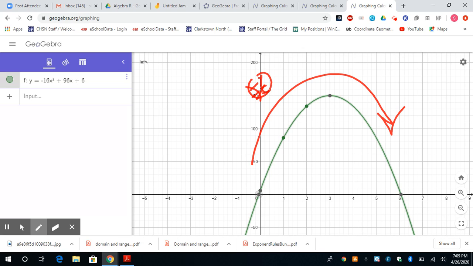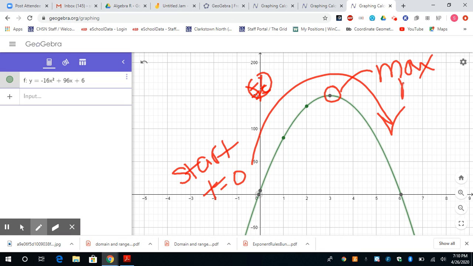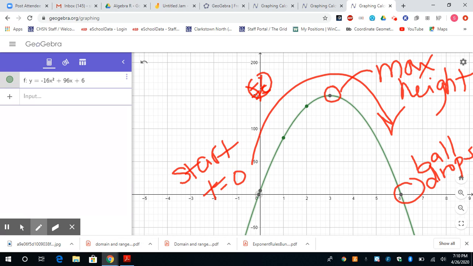Okay. So basically, when you have the ball, there's no time that's passing by. So you're starting at time is 0. So this is our start. And then, we can figure out if this is a max or a min. This is a max height. And you're following along, you don't have to draw this. But you should be graphing it with me using your calculator, using GeoGebra. And then this is where the ball drops, right? It stops, it's on the ground. So basically, when no time has gone by,